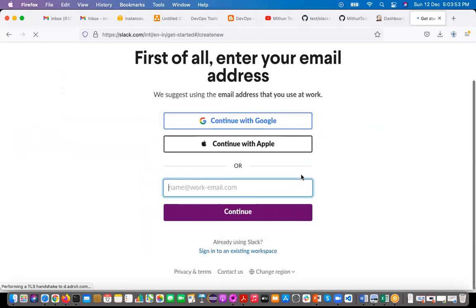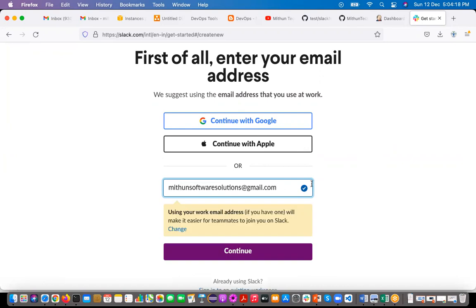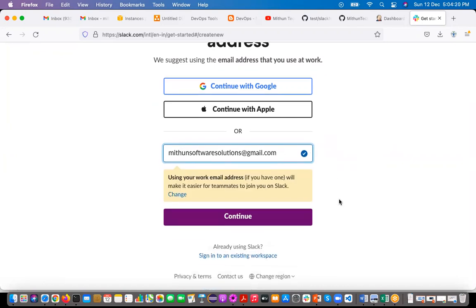Here you can give the email ID which you want to use to create the account. Or if you want, you can continue with your Google account or Apple account. I'm going to give here Mithun Software Solutions at gmail.com. This is the mail I'm using for creating the Slack account.